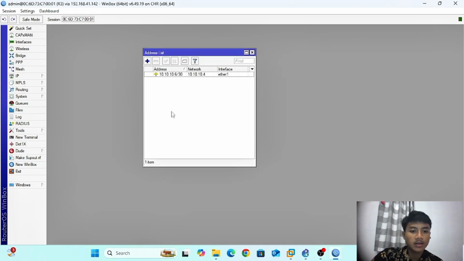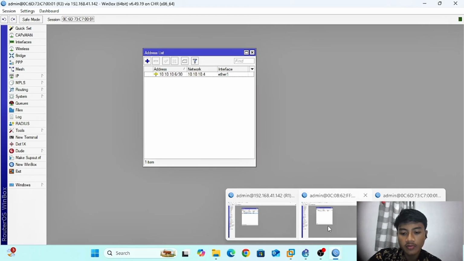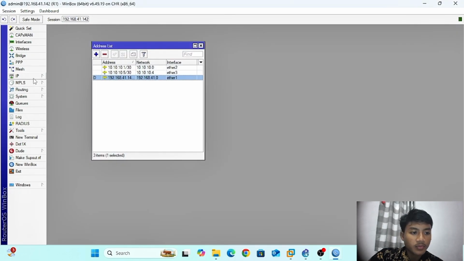And now I will make an OSPF routing. I will start from router 1. Firstly, you must enter Winbox and click routing and then OSPF.